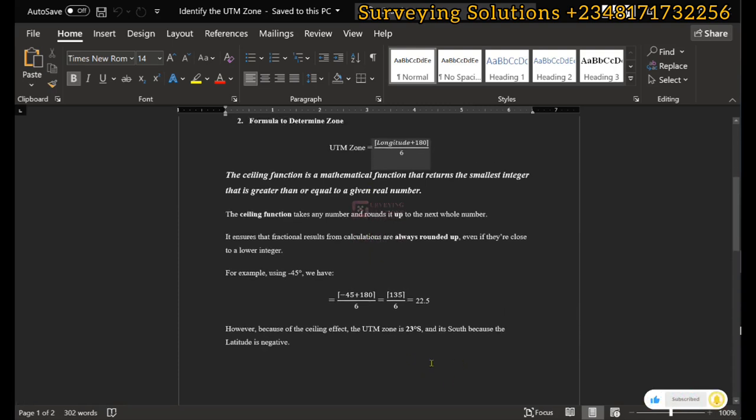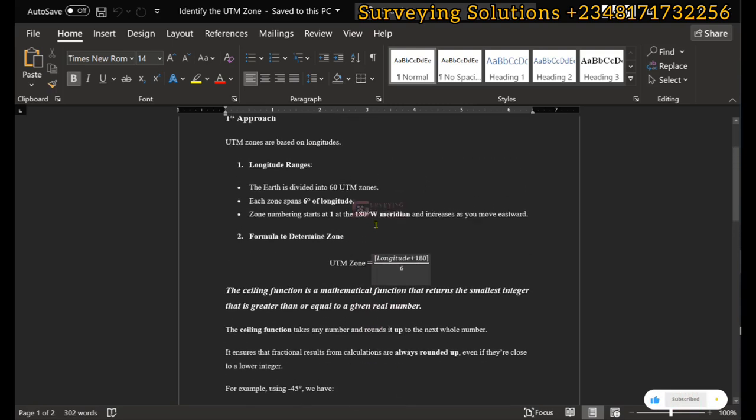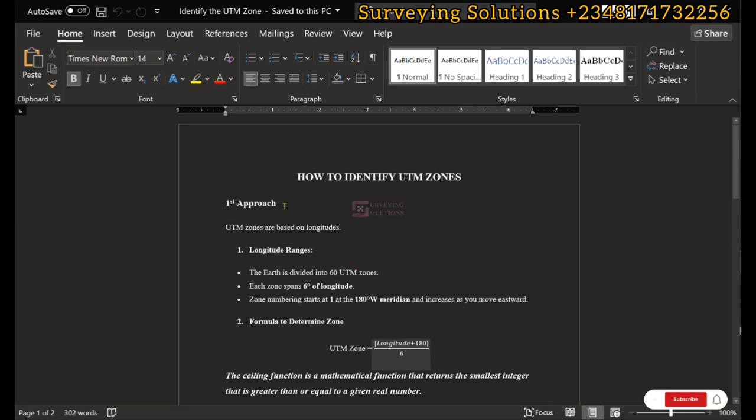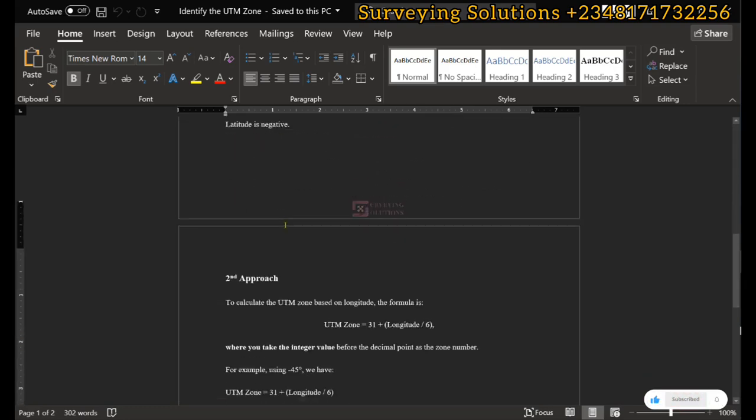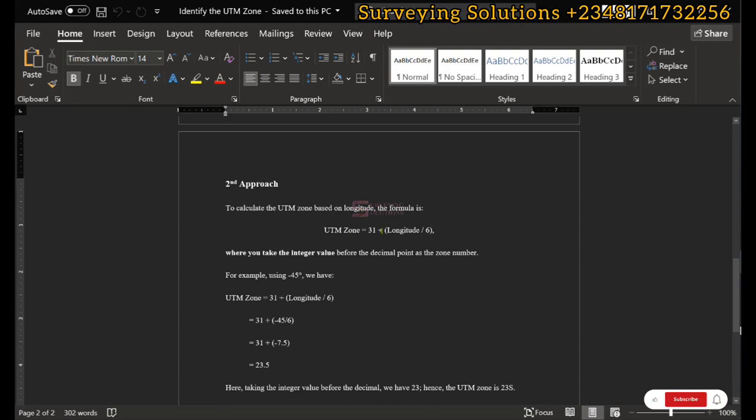So we have 23 degrees south, and we have told you that it's because our latitude is negative, right? Good. So that is how you identify the UTM zone. So this is the first approach, and now the second approach uses a different formula that says the UTM zone